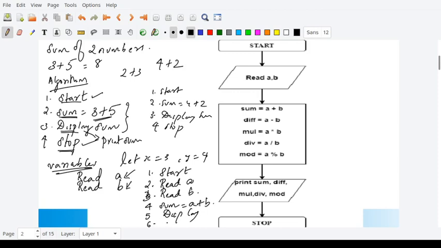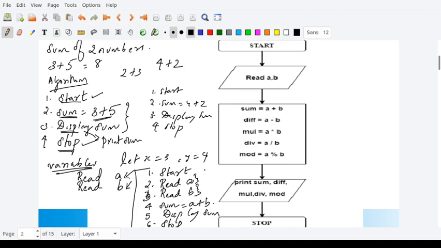The last statement will be to stop. Now, instead of giving constant values in the algorithm, I am going to read the first number from the keyboard and also the second number from the keyboard. Then I will find the sum of these two numbers and display the sum followed by stop. So now my algorithm has changed.